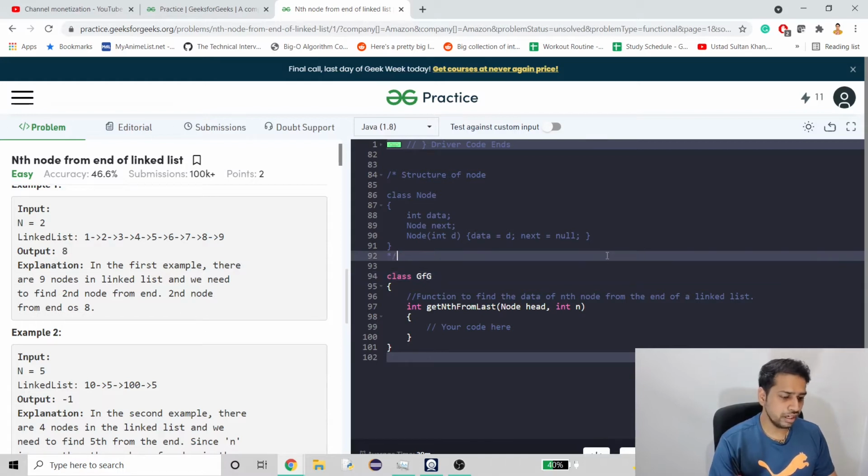So here I will give you guys two approaches. One will be a really simple approach and another will be, I think, an average difficulty level approach. It is not complex. So we will see both of them and I will try to explain in layman's terms so that everyone can understand. So let's start with the first approach.